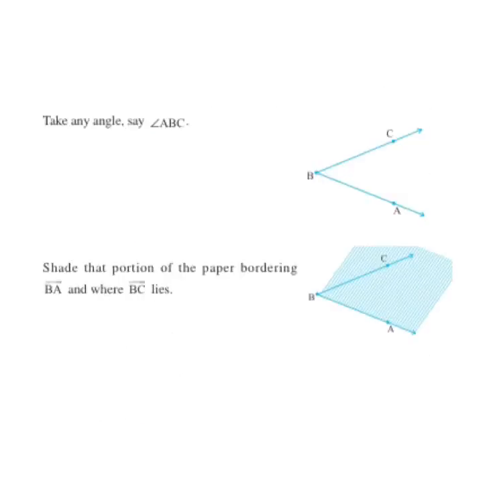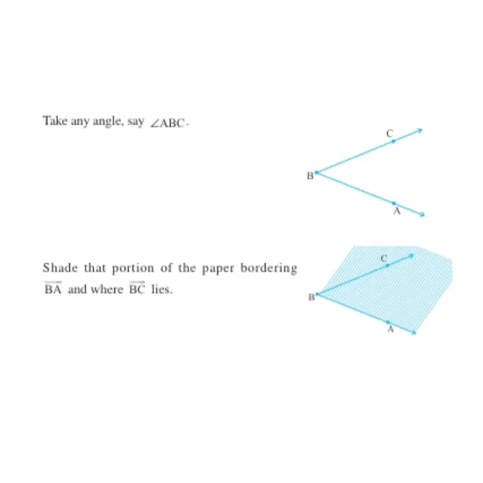Now children, on the same page, page number 79, see at the bottom there is an angle, angle ABC. In this angle, ray BA and ray BC are the arms of the angle or sides of the angle, and B is the common point, that is the vertex of the angle. Children, to show the angle we use a small curve at the vertex.